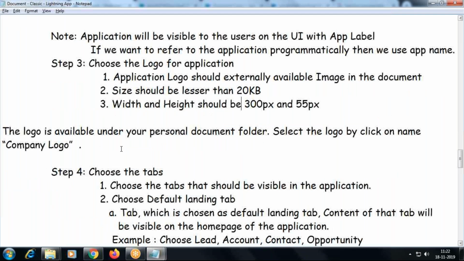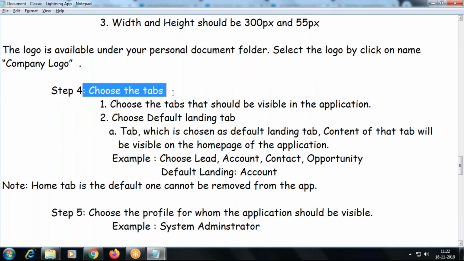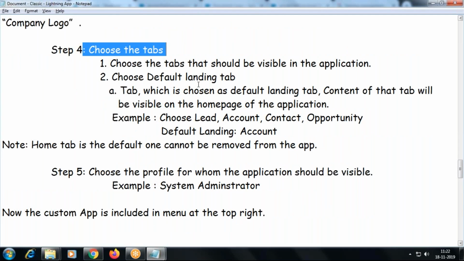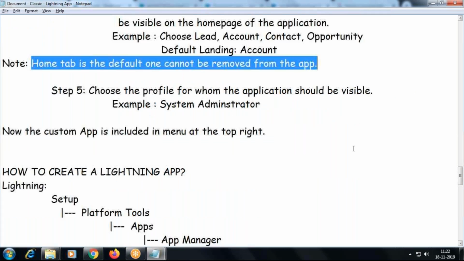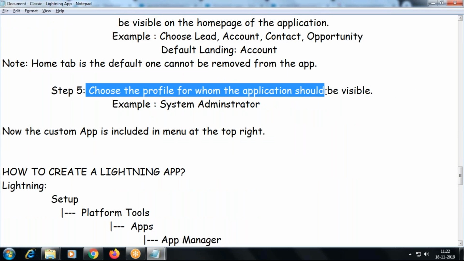Okay, and you're going to choose a tab, and by default the Home tab must be added. You cannot remove it. Home tab is a default tab and cannot be removed. And choose a profile. It means which user will have access to that application, to whom you are going to provide access. That is decided by the profile.